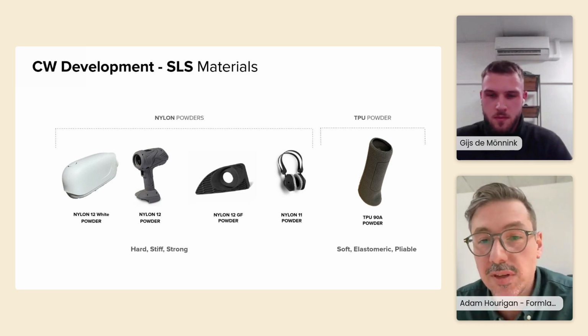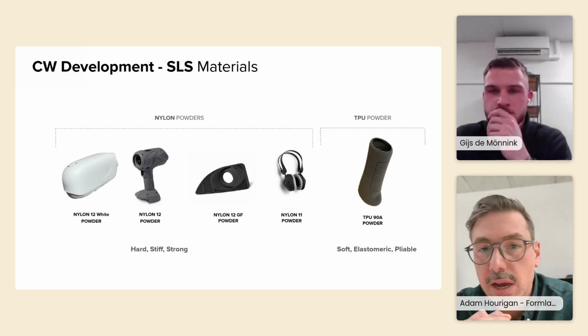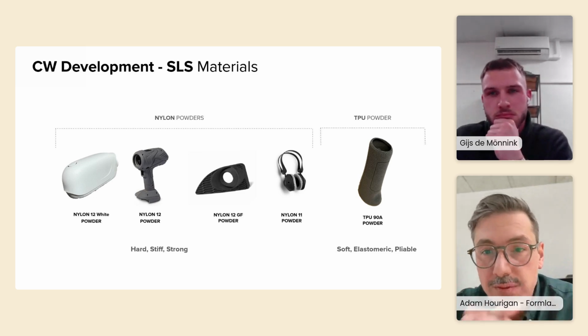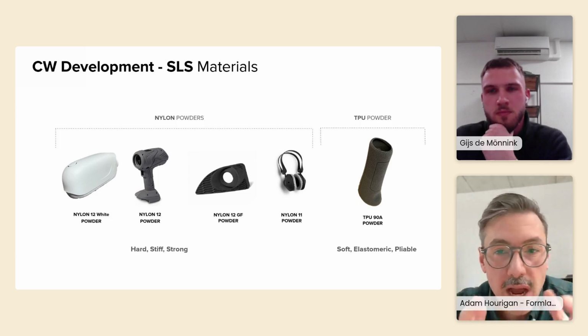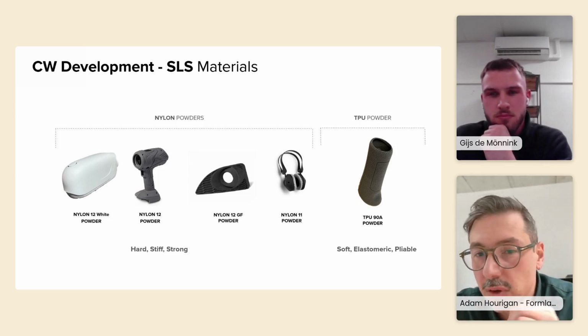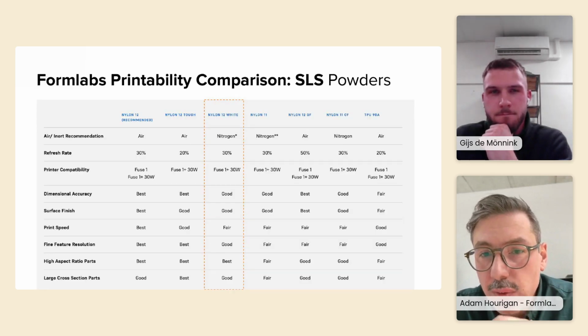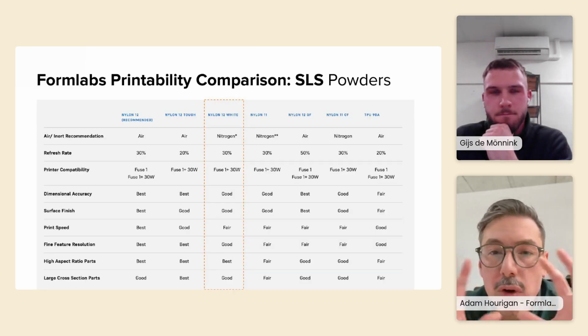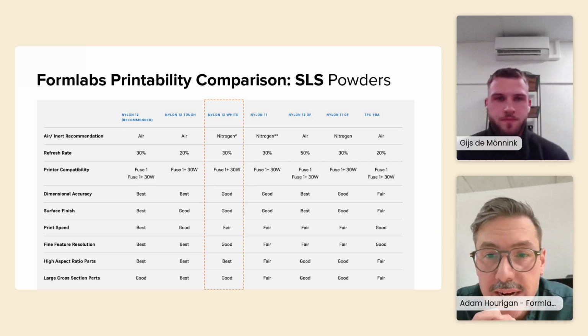I think it's important for people to know why particularly you as a service provider chose to go in that workflow. And again, really what we can see here is you have a lot of versatility, right? Everything from very high detail resolution parts to ductile parts with Nylon 11, then to more soft parts with TPU. Just so we are having a broad look at what's on our offering right now, or our catalog